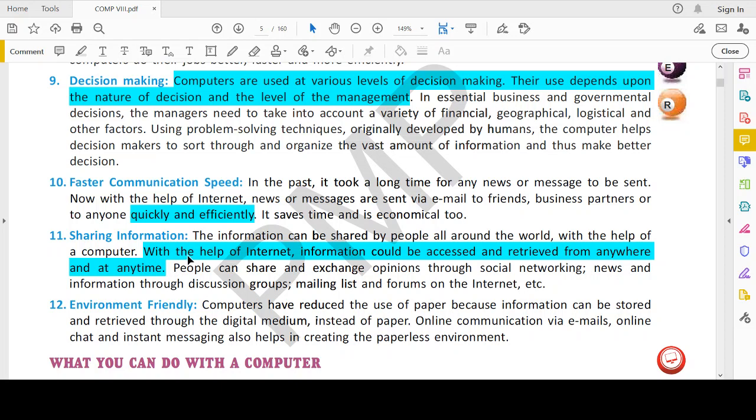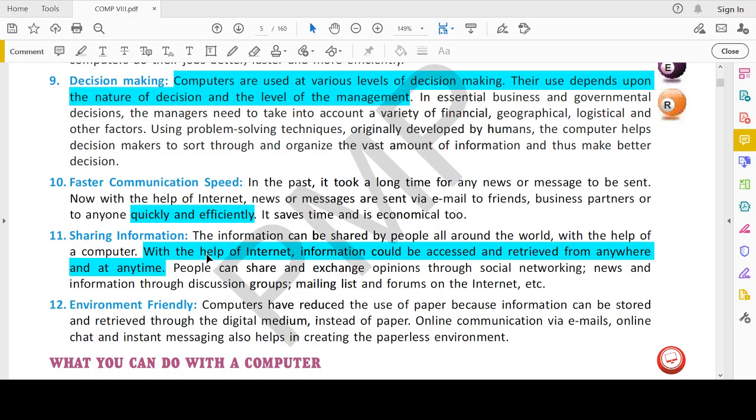Not that you can only send some text messages, you can also send many kinds of information. Like if you have grown a beautiful garden on your balcony, on your roof, you can take a picture of it, you can send it to your relatives or friends whom you care about. So sharing has become very easy.